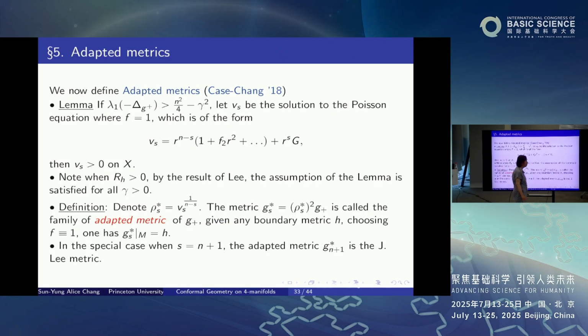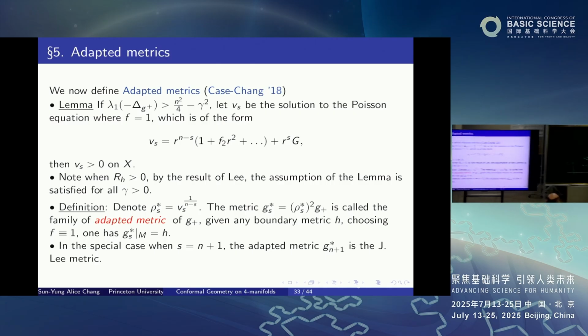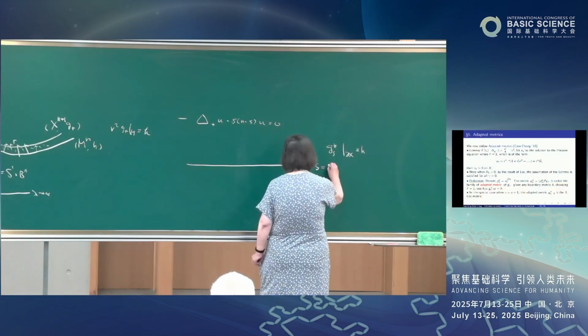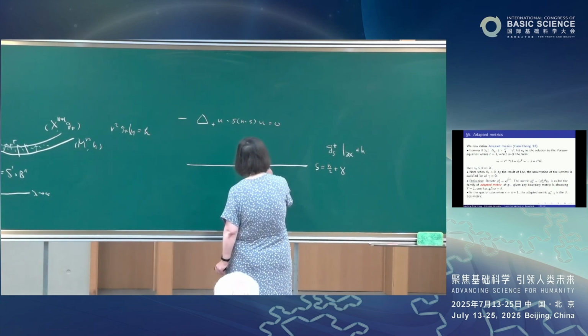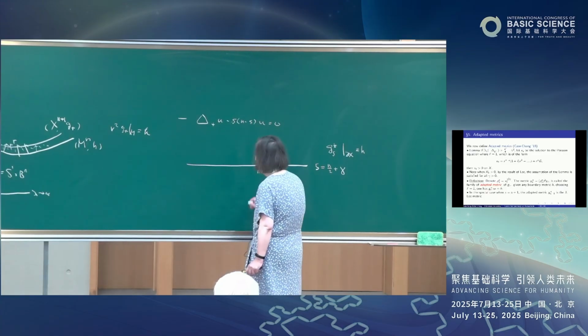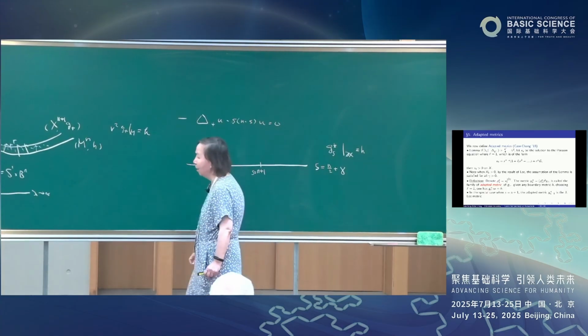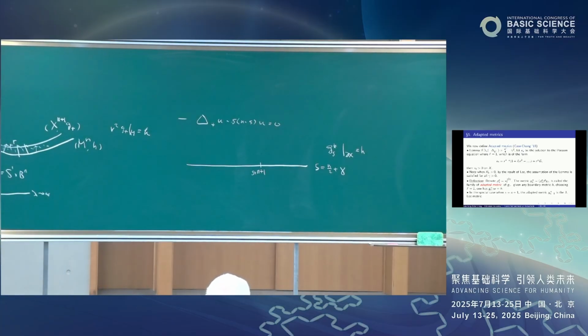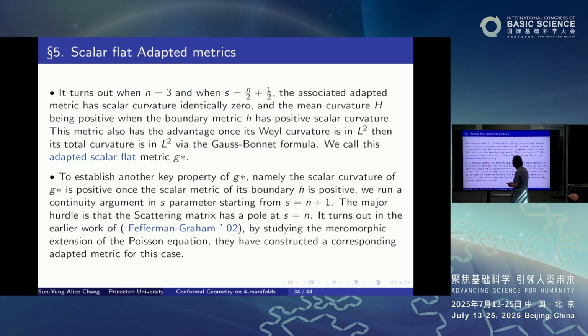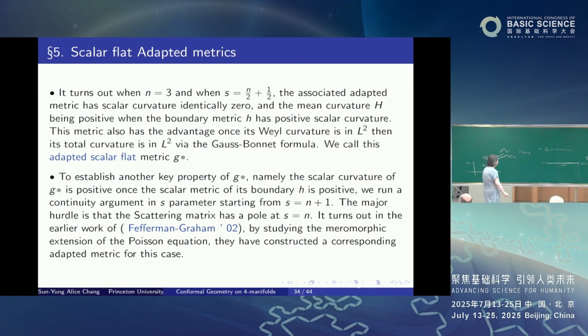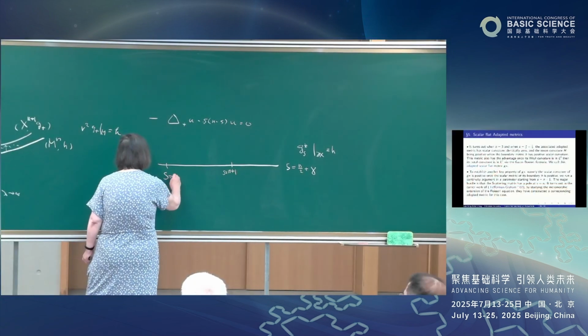And we write S equal to n over 2 plus gamma. Gamma denotes the order of the operator. But when S is equal to n plus 1, this turns out to be the metric constructed by Jack Lee. That is, when the scalar curvature on the boundary is positive, one can directly check the scalar curvature is positive on the interior. But it turns out, after much playing, the operator we are interested in is S equal to